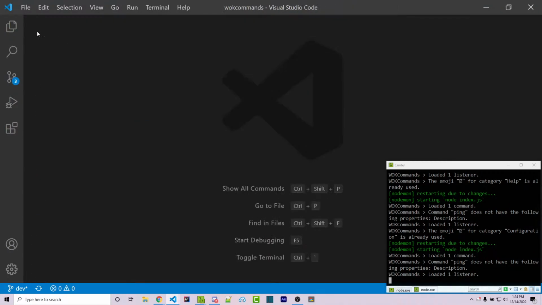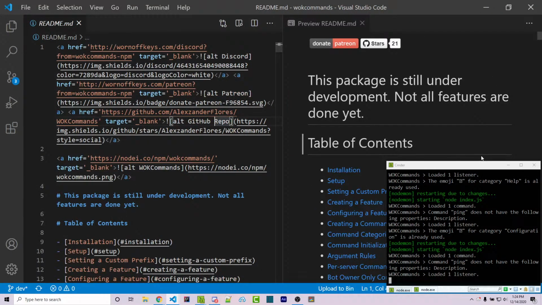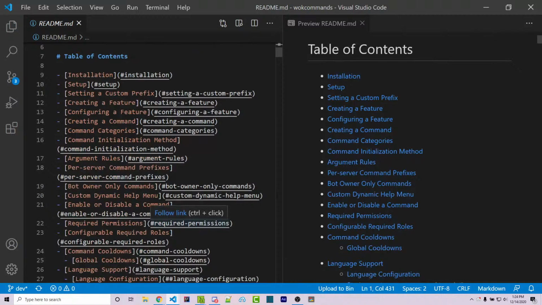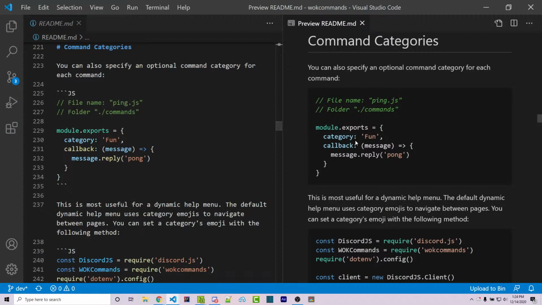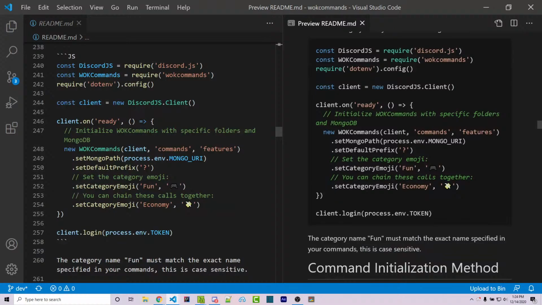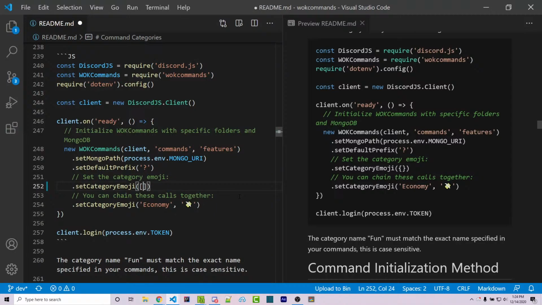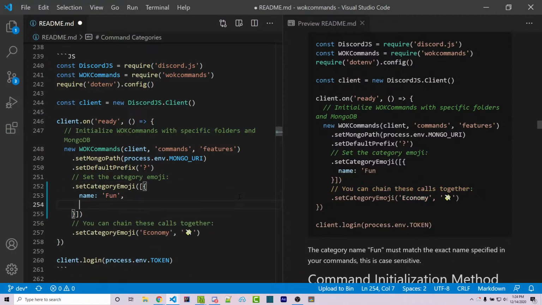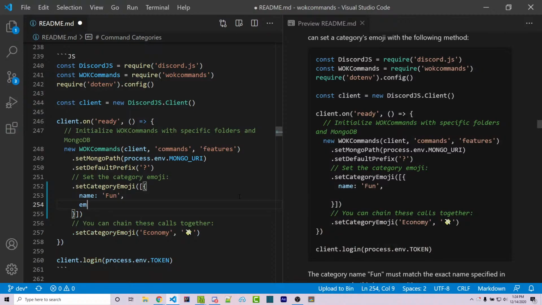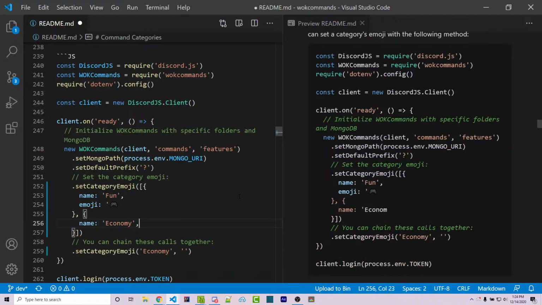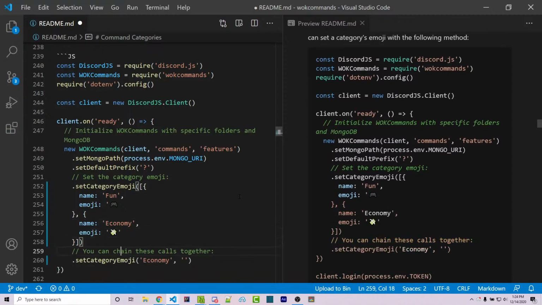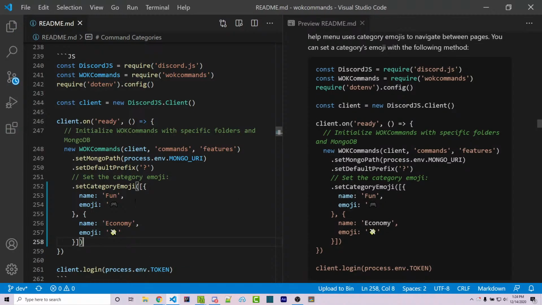Let's go ahead, and before I actually push this, let's go into the README. Let's see here. We're going to be looking for command categories. Here's where we want to change. You can chain these calls together. Okay, so for the category emoji, instead of this, we're going to want to add in an array of objects where name is fun. Let's grab this real quick. The emoji is this. And then here we're going to have economy, which will be a second object where name is economy and the emoji is this. Why are these not